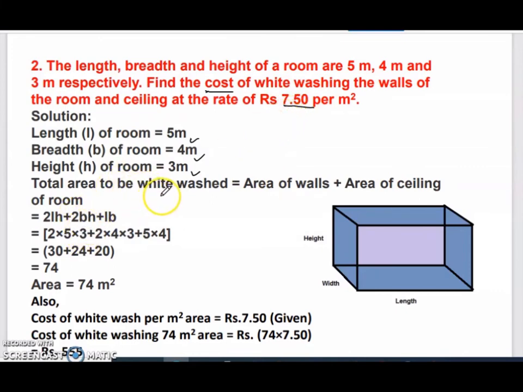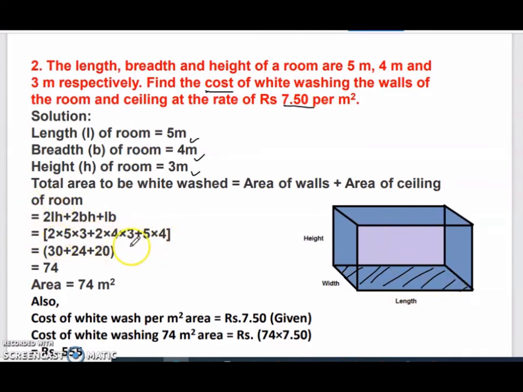So now what is the area to be whitewashed? The walls, that is, these are the 4 walls. Along with that, the ceiling is also to be whitewashed, which means that this floor will not be included in that. This is the floor of the room. If you assume this is the room, which is cuboidal in shape, length, breadth and height is given, the floor will not be whitewashed. Only the 4 walls and the ceiling will be done. So here also, for finding the surface area, we will be using the formula 2LH plus 2BH plus LB, not 2LB, because the floor area is excluded from here.